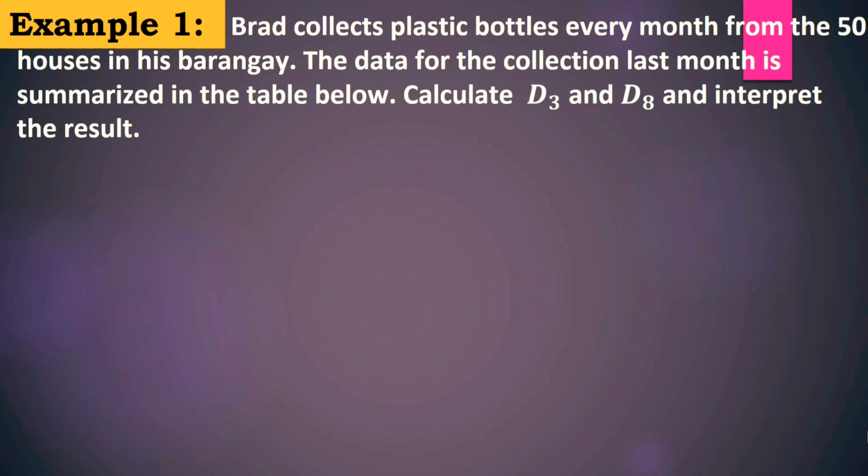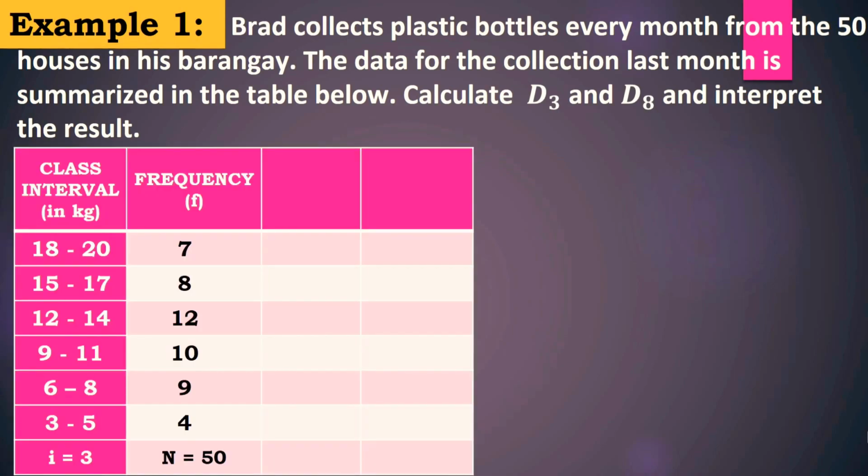For our first example, Brad collects plastic bottles every month from the 50 houses in his barangay. The data for the collection last month is summarized in the table below. Calculate d sub 3 and d sub 8 and interpret the result. So here's the table. We have to complete the table by filling in the lower boundary and the less than